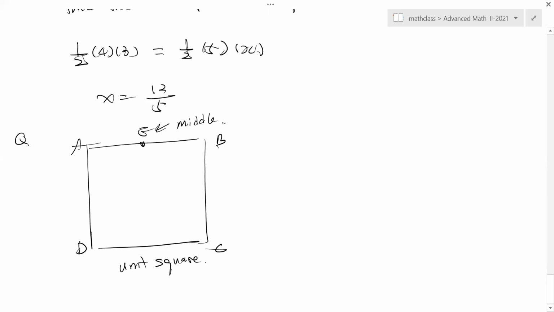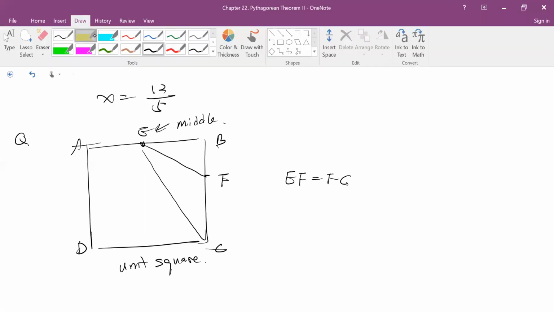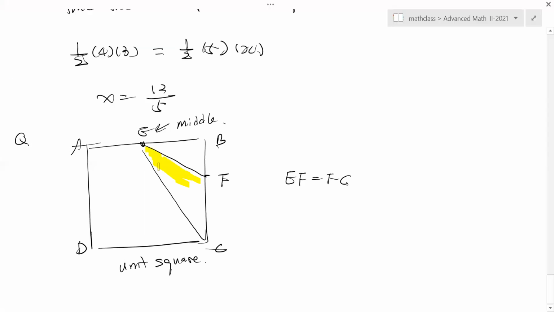Then F is a special point such that EF equals FC. So I'm going to find out the area of this triangle,